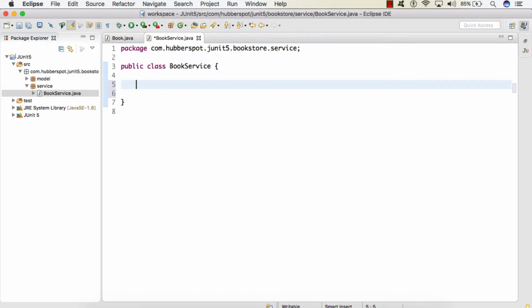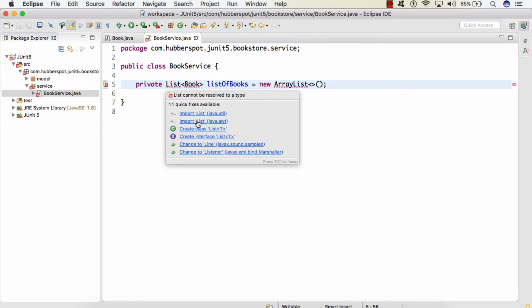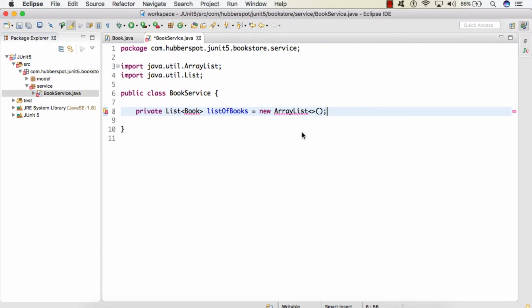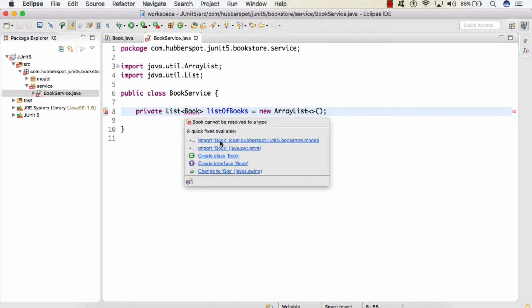So inside this service class, what we will do, we'll create a list of books. We'll import the list and array list from java.util package, and we'll also import our book model.